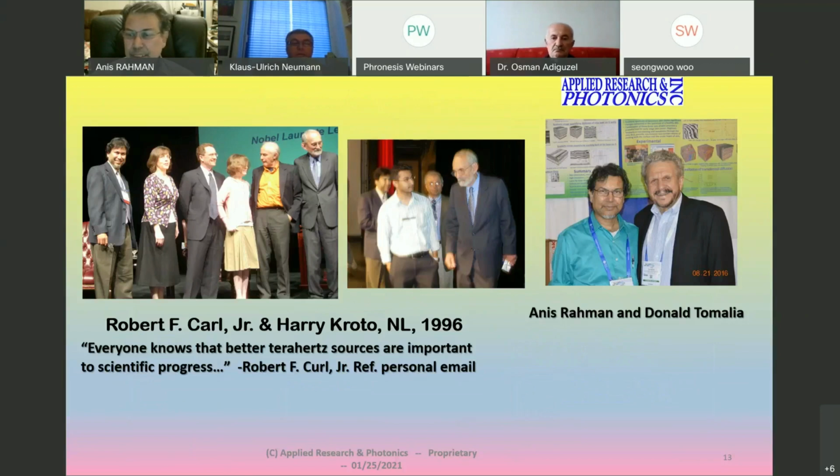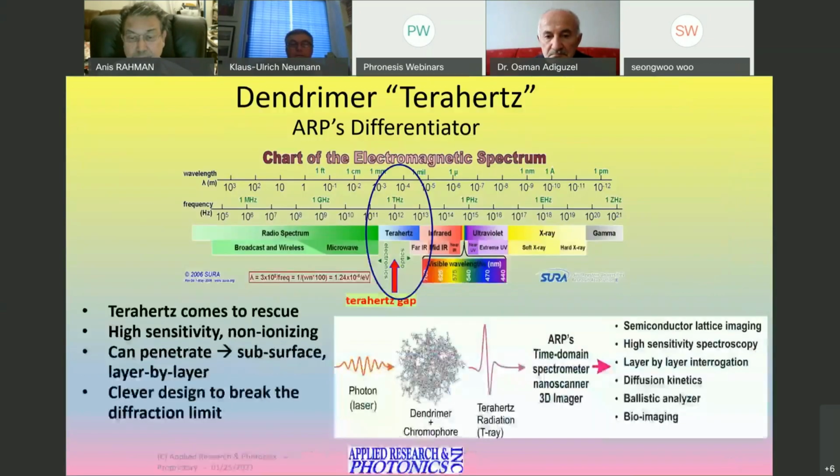And then down the road, me and my mentor and collaborator, Donald Tomalia. So, Dendrimer Dipole Excitation that we invented, eventually renamed as Rahman-Tomalia effect, which in a nutshell, the cartoon on the bottom,